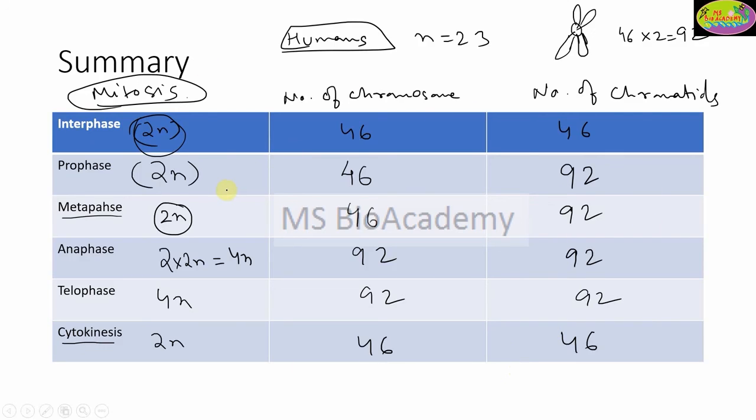If any question comes related to this, I hope it is clear to you how to find it out. It's a very easy concept. Just follow the basic rules which we have discussed: the number of chromosomes is equal to the number of centromeres, and the number of chromatids depends on whether the chromosome has been duplicated during the S phase. After DNA replication, the chromatid number will be 2 for 1 chromosome. So this is 1 chromosome, a duplicated form after replication. That means there are 2 chromatids, but it is 1 chromosome. That is how you can calculate it. So that's it for today.